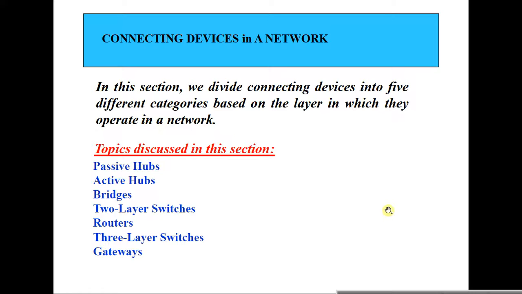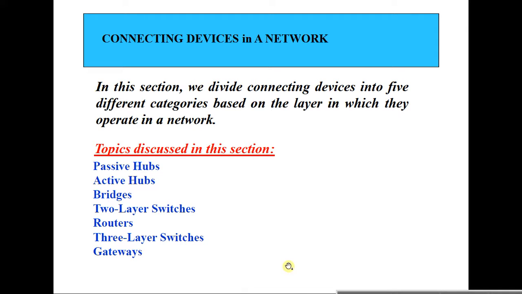Hello student, today we are taking the concept of connecting devices in network. So today we are taking the concept of the types of devices we use in networking and the category of devices which are used in networking. So today in this lecture we are taking the passive hub, active hubs, bridge, 2-layer switches, router, 3-layer switches and